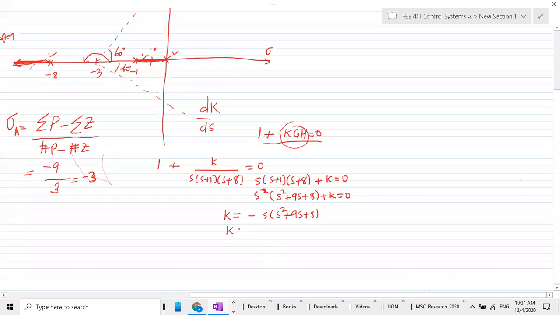So you have k equals minus s cubed plus 9s squared plus 8s. And then from here, you can get your derivative, dk over ds. So dk over ds, you have minus outside. So you have 3s squared plus 18s plus 8. So you set dk over ds is equals to 0, which means